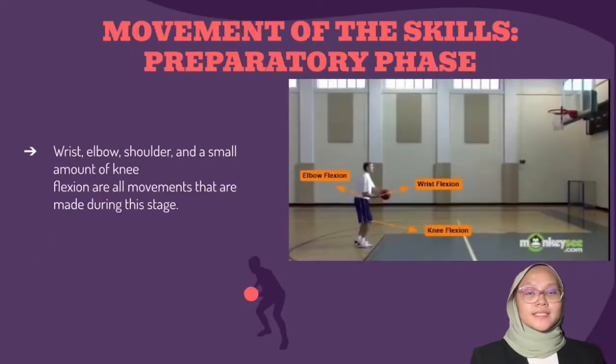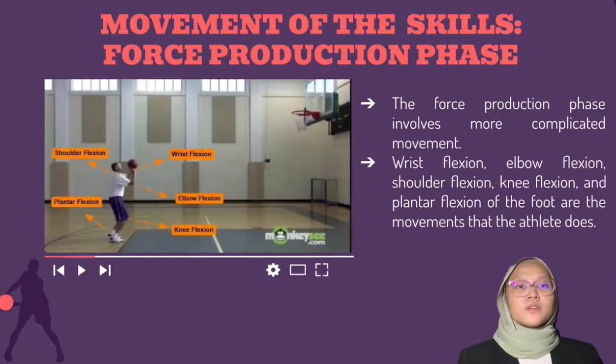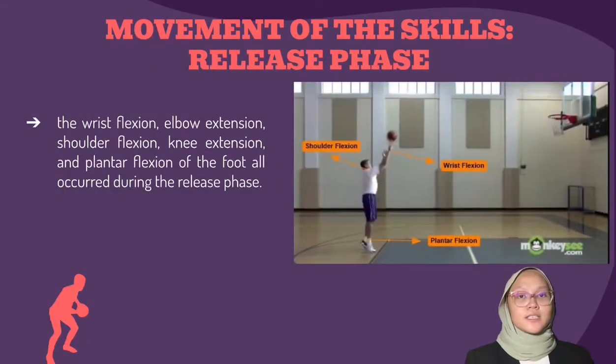Next, movement skills. There will be different movement skills for each of the phases of the skill. In the first phase, which is the preparatory phase, wrist, elbow, shoulder, and a small amount of knee flexions are all movements that are made during this stage. Move to the second phase. Compared to the first phase, the force production phase involves more complicated movement. Wrist flexions, elbow flexions, shoulder flexions, knee flexions, and plantar flexion of the foot are the movements that the athlete does. Lastly, the wrist flexions, elbow extension, shoulder flexions, knee extension, and plantar flexions of the foot all occur during